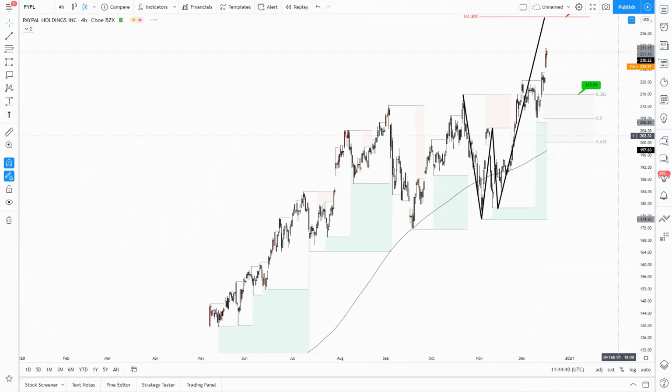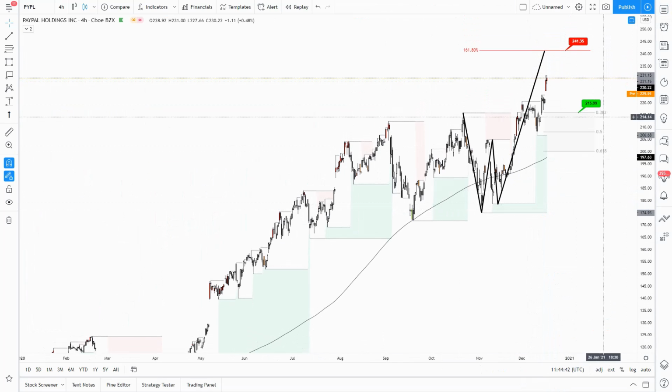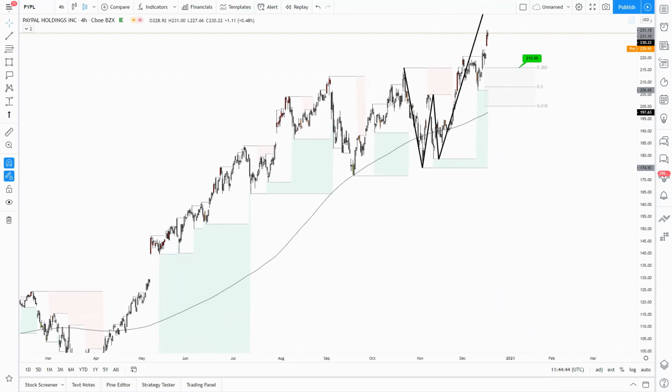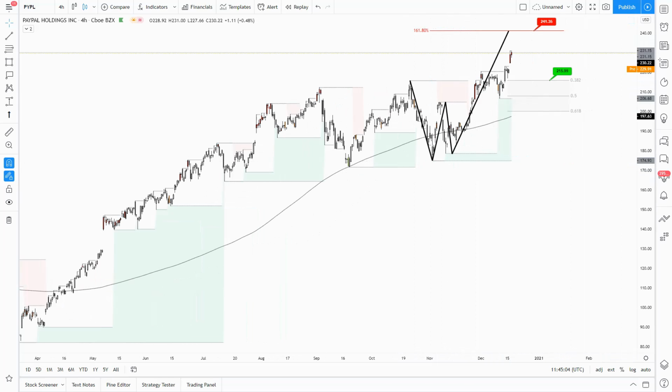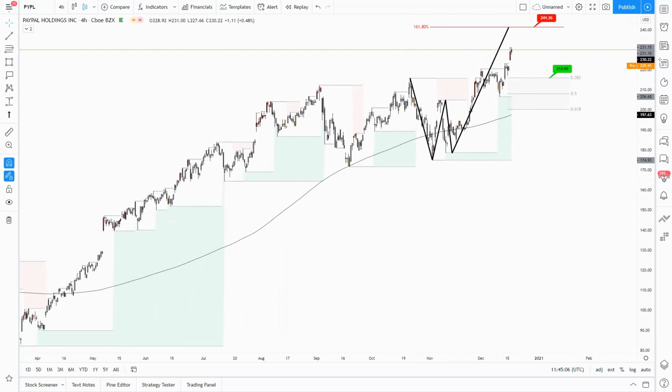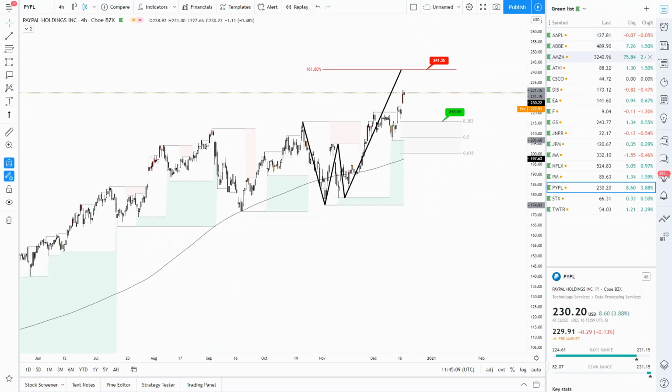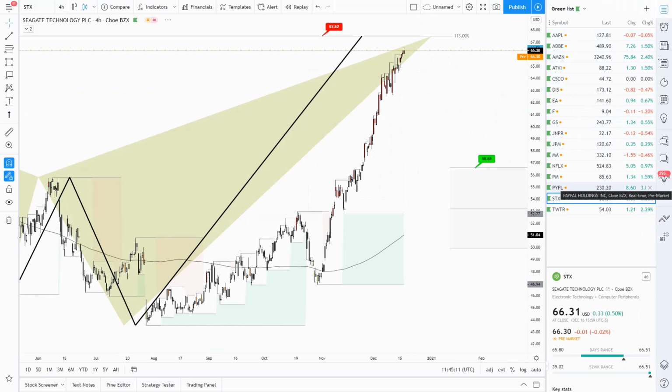PayPal also approaching the crab pattern at 241.35. So this is the same pattern that I'm showing you constantly. So basically the same crab pattern. If that happens, we may see again a retracement back to the 38, previous structure highs, previous monthly fractal resistance, retested as potential support. So this is Seagate